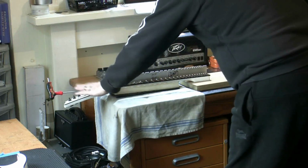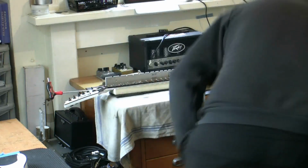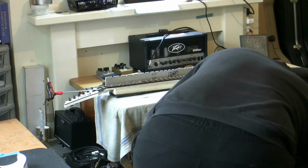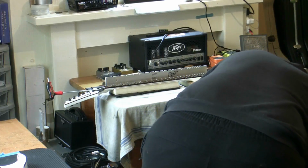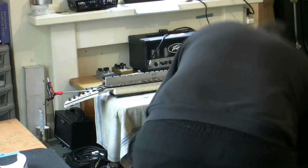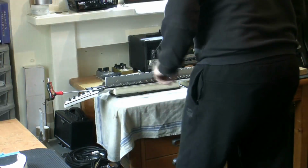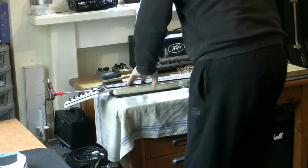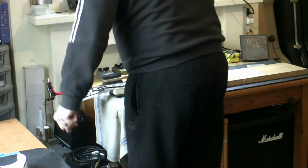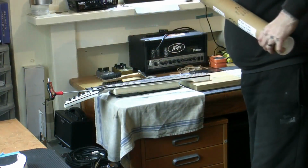So, setting the truss rod with my T-bar adjuster, just making sure my neck is dead straight. There's a little bit of natural backbone in this neck with the truss rod really loose, so I've had to tighten it the opposite way just to get it to go dead straight, and now it is straight. So I'm going to level the frets as they are. I'm not going to strap anything down or clamp anything. I'm not going to go across with a